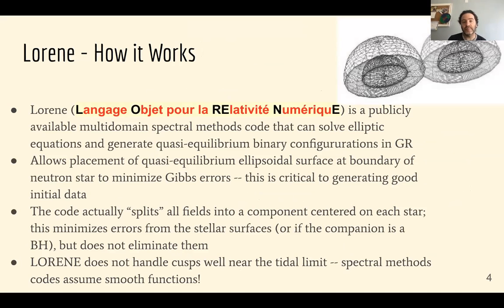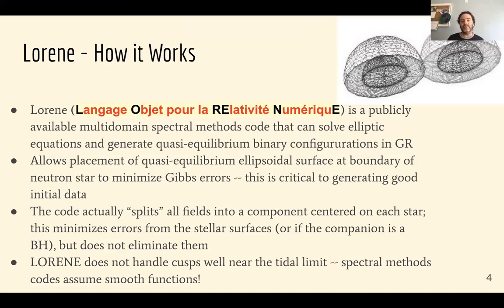It's put out by the group at the Observatory of Paris-Meudon. Publicly available multi-domain spectral methods code. It's basically an elliptic equation solver that has been specifically used to solve quasi-equilibrium binary configurations in GR. The brilliance of Lorene, besides it being a perfectly good and workable code in many, many ways, is that they